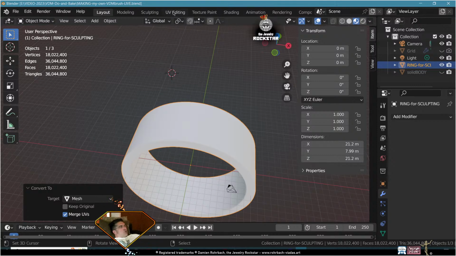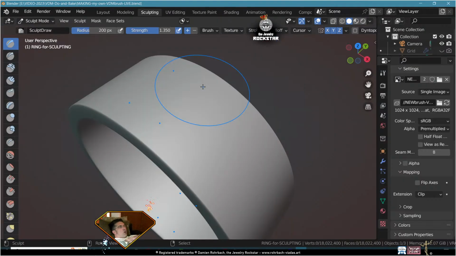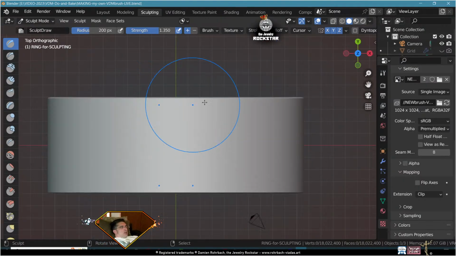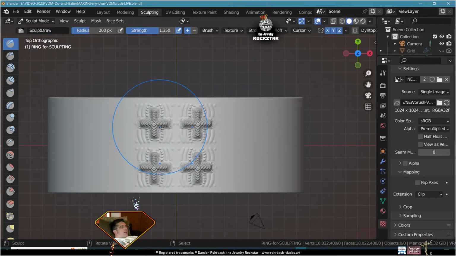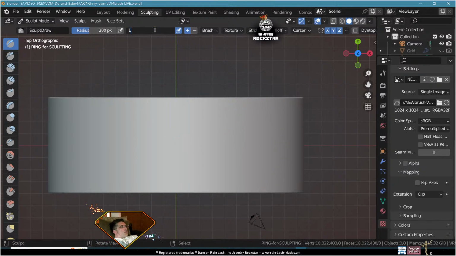All right, anyway, let's go at sculpting. So I want a lot of resolution on my ring. I think it has, because it should have like 9 or 10 millions. Okay, but now it's a bit slow. The division was fast, so I'm okay. Whatever. Top view. Okay. So let's put the strength at 1.5